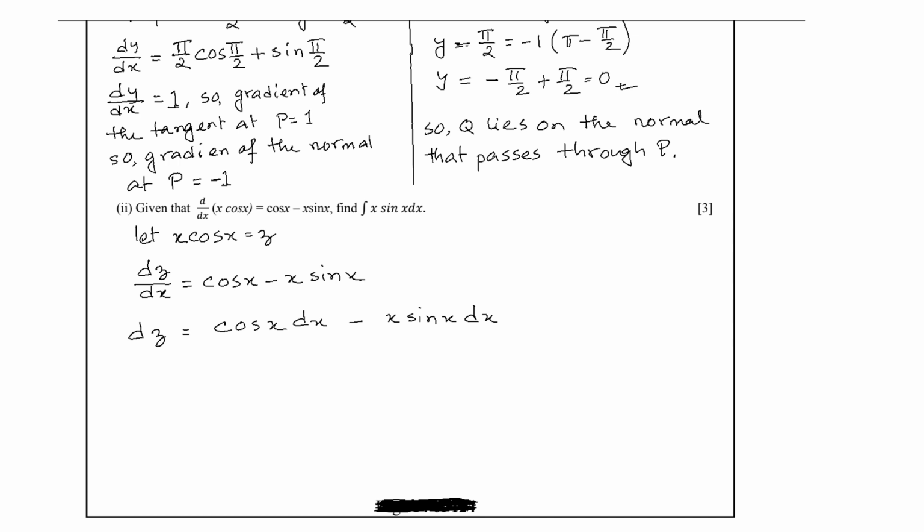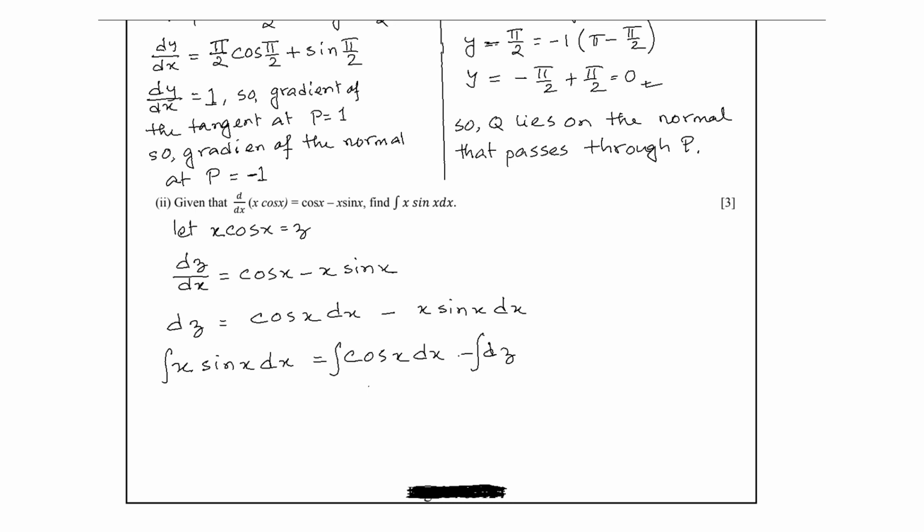Now let's rearrange this equation so that x sin x dx becomes the subject of this equation. So x times sin x dx equals cos x times dx minus dz. So now let's integrate the entire equation. So in the next line we can write